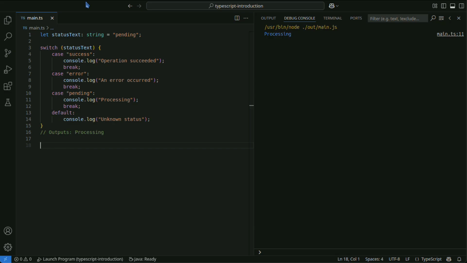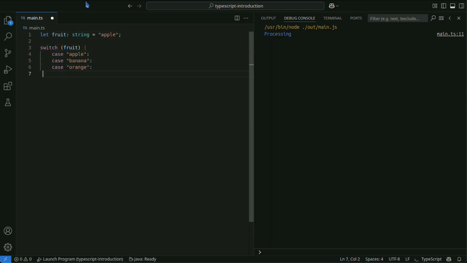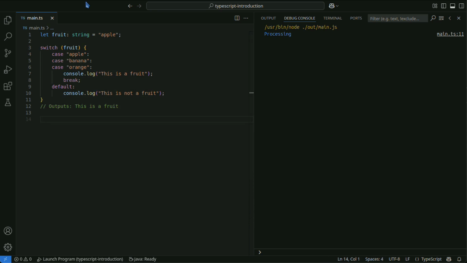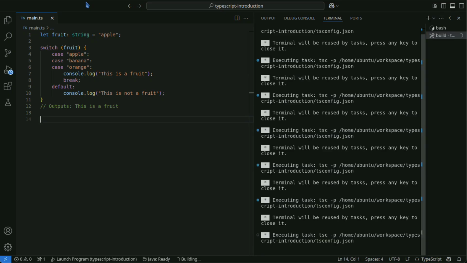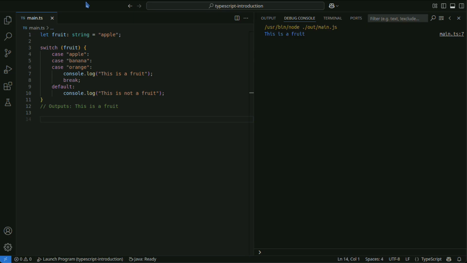If you want to perform the same action for multiple case statements, you can list them consecutively. Omitting a break results in a fall-through behavior where the next case is also executed.